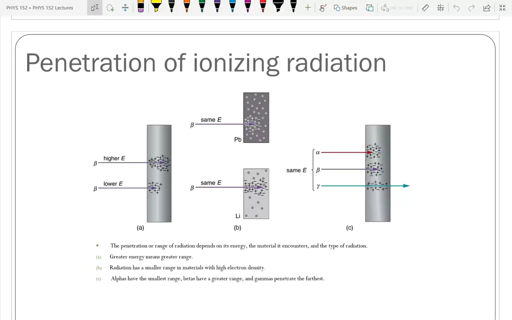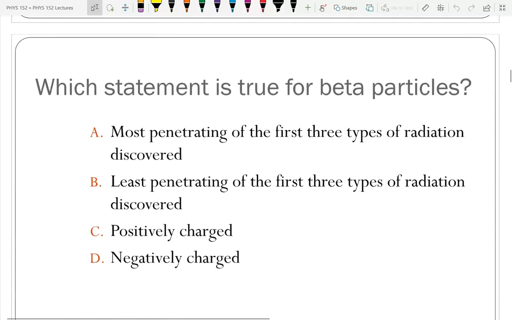Whereas beta radiation is much more penetrating. I would need something like a piece of lead to protect me from beta radiation. For gamma radiation, I need really significant protection. So that's where the alpha, beta, and gamma types get their designations. But there's, of course, study to be done on what these are. Just knowing how penetrating they are, how easy it is to stop them, is not really telling you much about the radiation. So don't worry, we're not going to have any clicker questions today.